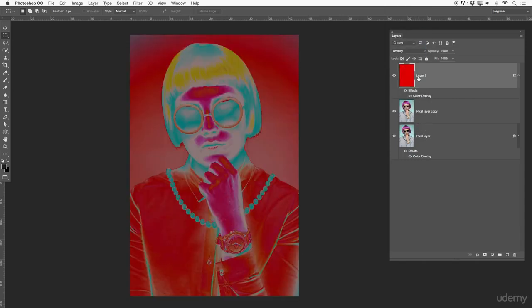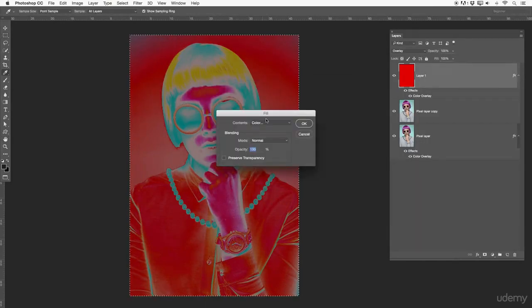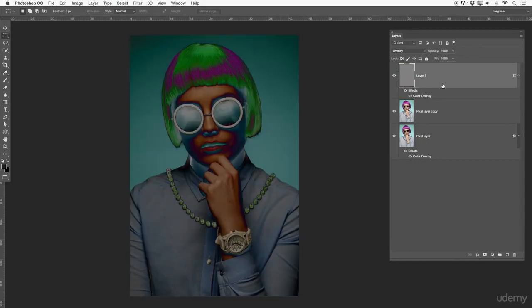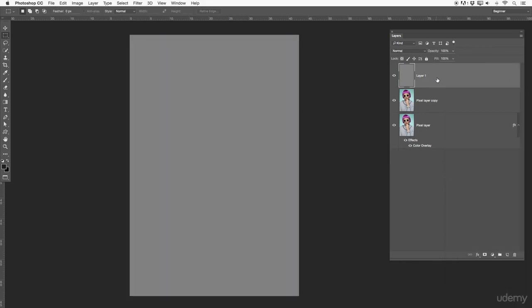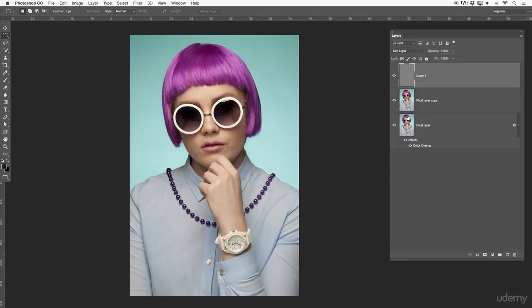So once I put this to overlay, okay, I need to have obviously the right color for this. Let's select the right color. It's not working so much with Command D, so get out of this and right click, clear the layer styles. Again, now you guys can see that I have just a normal gray layer. And now if I switch this all the way to soft light, it will also be applied, but you can't really see it because it's a 50% gray, and with soft light, you will not see it. There's a certain dodge and burn technique that we use in retouching. Then this comes in really, really